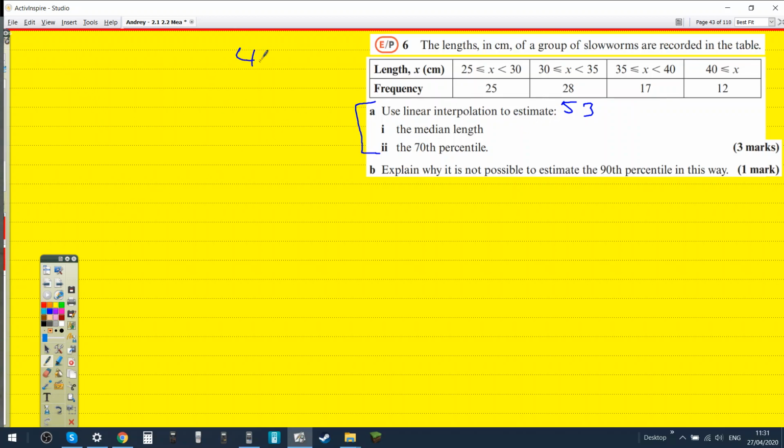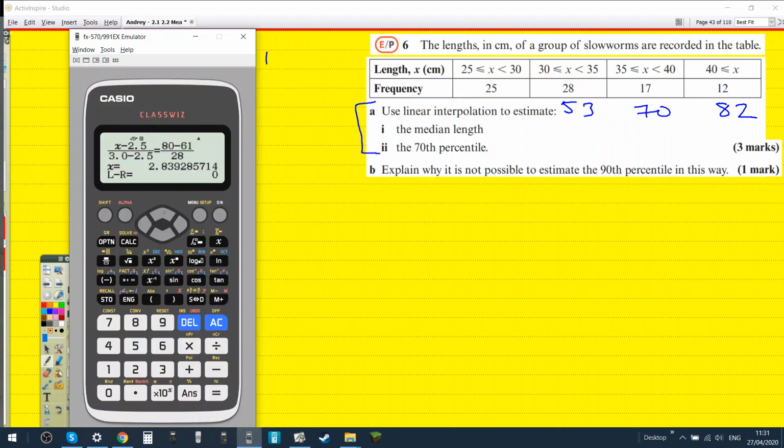And what is next? So I need to use the formula. Yep. So x minus 30 over 35 minus 30 is equal to